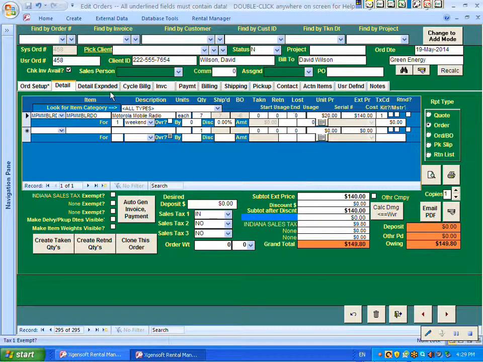So when it comes time to fill this order, now you're going to have to put in serial numbers for every single item, if that is the way you want to track them, and make sure you've got them all back, the correct serial numbers. So at that point, you would come into the order, you would count out the number of devices that you need, make sure you've got them all in one spot. Come into your order, click on your item line,